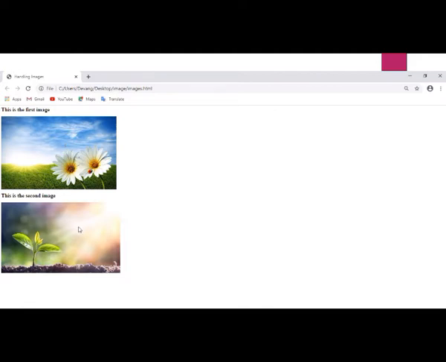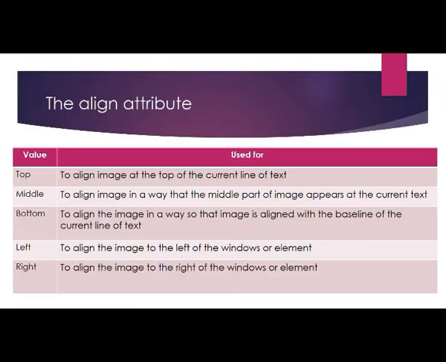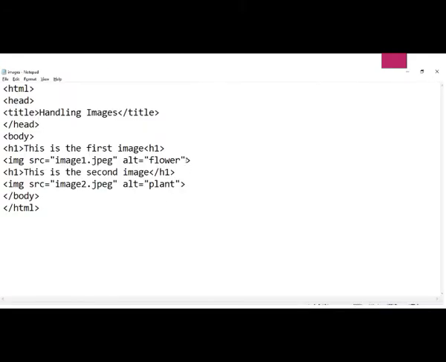Another reason is when the web page is interpreted by software like a screen reader, the software that is used for visually challenged people, and by search engines, the interpretation of the image becomes easy.